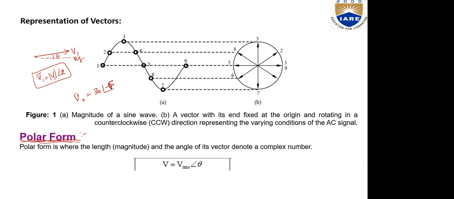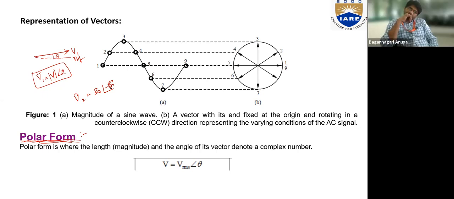60 degrees below the reference. So a voltage vector V2 with a magnitude of 30 volts is lagging a reference by minus 60 degrees. That's it, right? So I can draw it something like this. If this is a reference, assume this to be 60 degrees, and this is V2, and I can represent the magnitude of V2 as equal to 30 volts. That's it. I think this will be better than representing that in terms of a waveform, right?